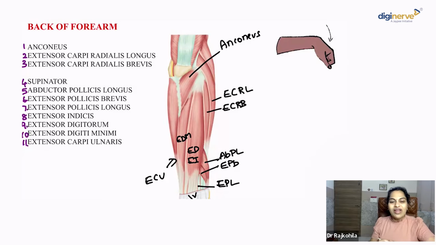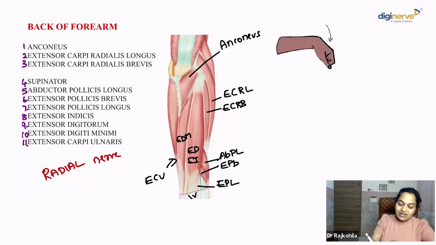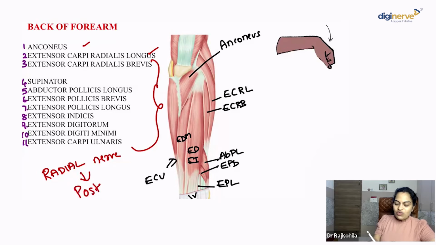Do you have to remember the name of all these muscles? Not necessary, but please remember they're all going to be innervated by the radial nerve, right? The anconeus, extensor carpi radialis longus, the rest are going to be innervated by the deep branch of the radial nerve, which is the posterior interosseous nerve,